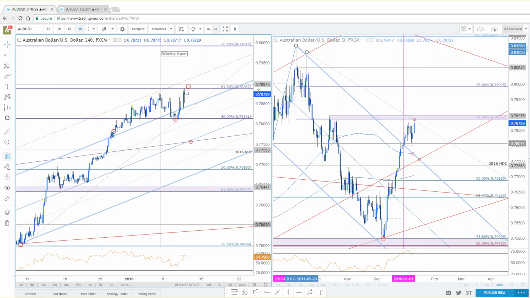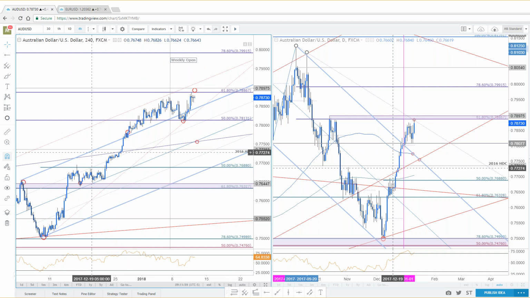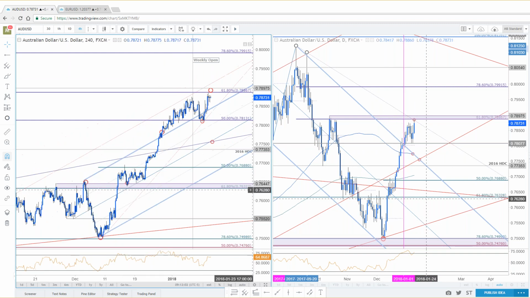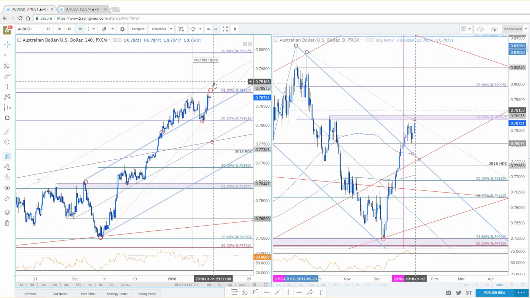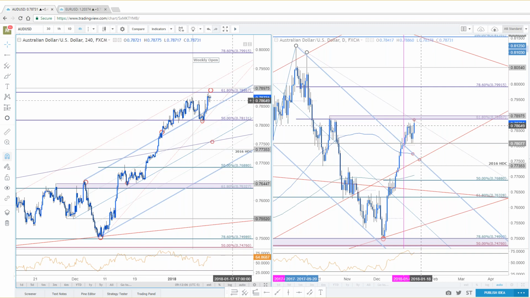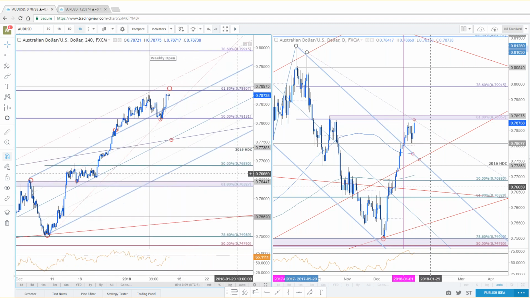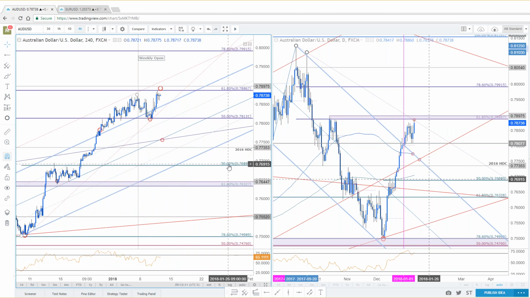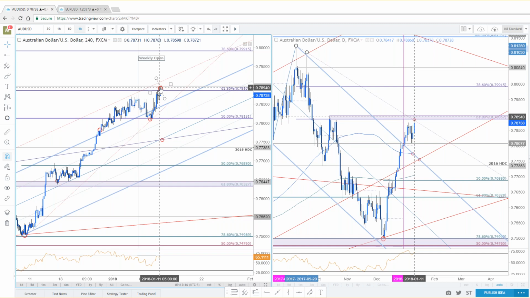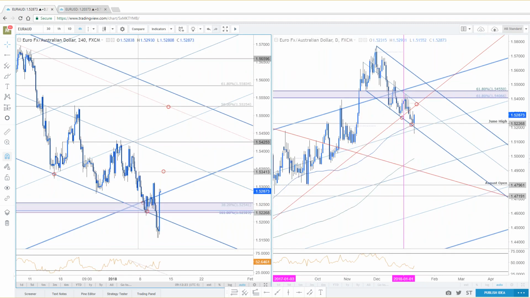And remember, the premise of the idea for looking for that last high into 78.86 was wave 5. If this is going to be the completion of the fifth wave, you'd look for a near-term correction, an ABC pattern, whatever type of near-term counter-trend pullback before resumption. So the Aussie risk is still there for the pullback, which is why for me, Euro Aus still has the possibility of giving us some juice on the upside, especially with this kind of reaction at confluence support. Does that make sense, guys?